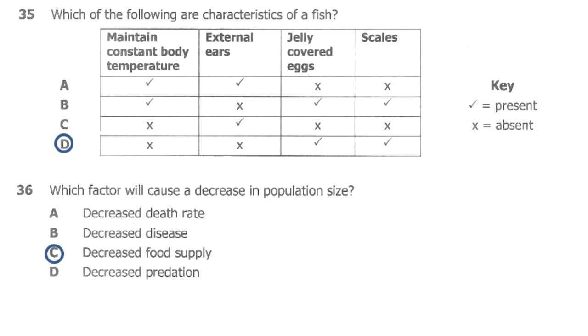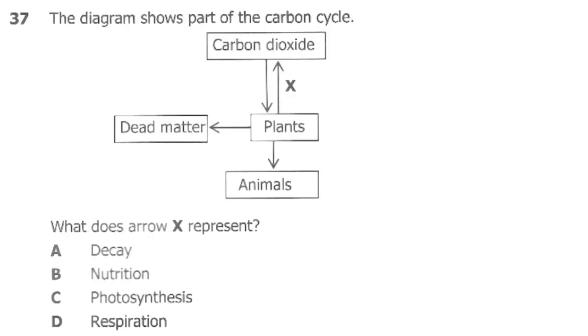37. The diagram shows part of the carbon cycle. What does X represent? So this is the carbon cycle, and we can see here on top that there's carbon dioxide. So here X, the plant, in which process does the plant release carbon dioxide? So here we have A, decay, B, nutrition, C, photosynthesis, D, respiration. So here our answer will be